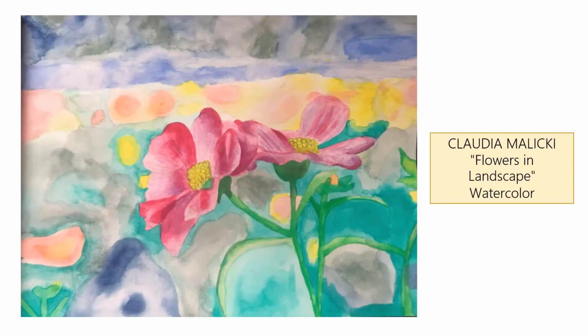Hello, my name is Claudia Malicki and I drew flowers and landscape. The medium I used is watercolors, and what I was trying to get at in this picture is to focus on the flower and have the background be blurry, like how I found in the picture. I really like how it turned out. I like all the highlights the flower has and the texture if you look closely,